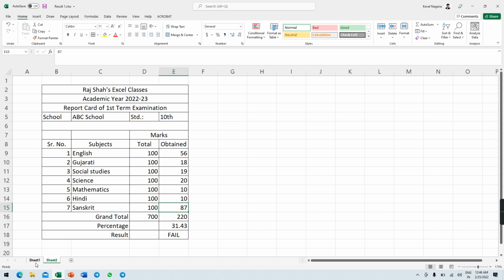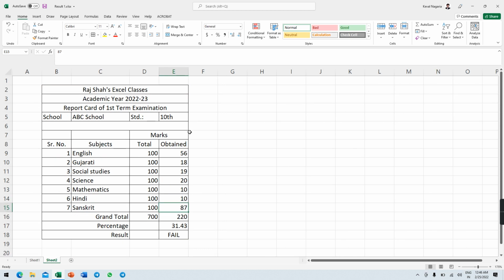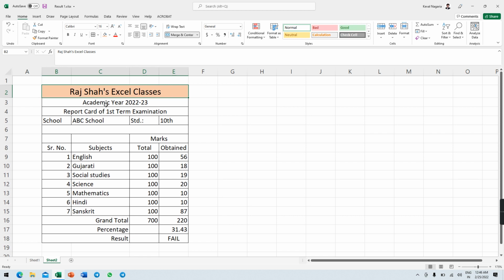And a little bit of formatting touch like colors and bold and all. I can get all the options from here, the font tab. Okay, so I'll drag a color from here. To increase the size of the text of this cell, I'll just use this option. I'll make it bold. This will also be bold. I'll change its background color. I'll put the school, I'll put the standard bold, and then I'll select all of this and make it bold,